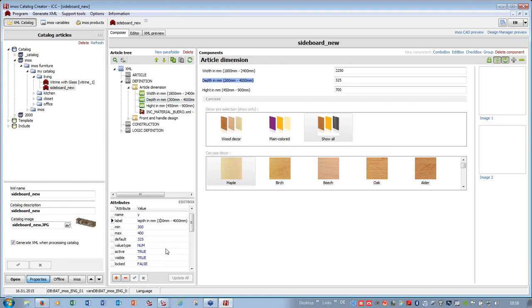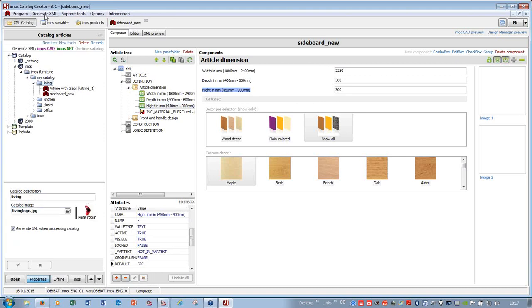We go in depths from maybe 400 to 600. The default in the depths should be maybe 500. Agree with it. We give them also a height, 450 to 900. Okay, I agree with it. The default should be maybe 500. Agree. And then we update